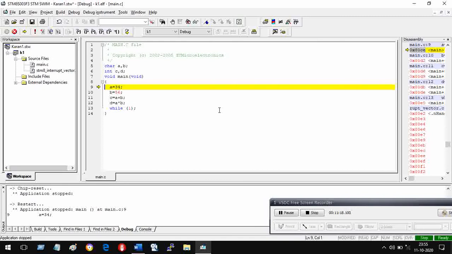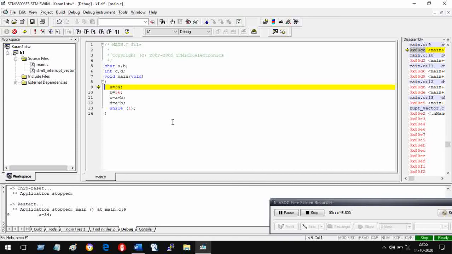Now, as I mentioned earlier, it will come to this point if you run it, but I want to move step by step. Right now, I am at the step A is equal to 34, and you can see this here. Step into F. Step into, you can use the F11 key, or you can simply come over here and click. Then what will happen? It will assign 34 to A.